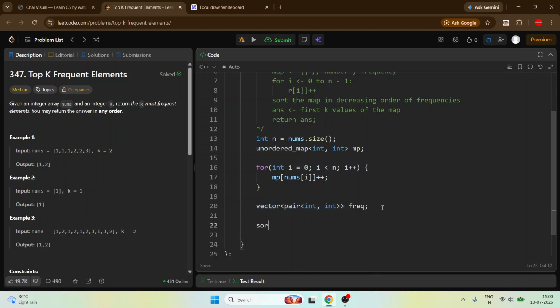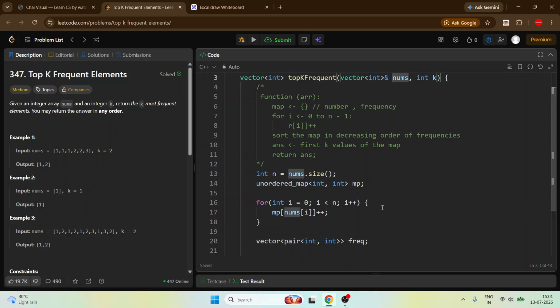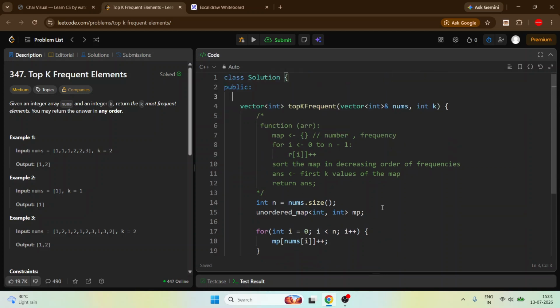So now sort this, but we have to sort it in a decreasing manner. Okay, so frequency dot begin, and frequency dot end. But we have to give a comparison function here, and we have to create a comparison function here, like